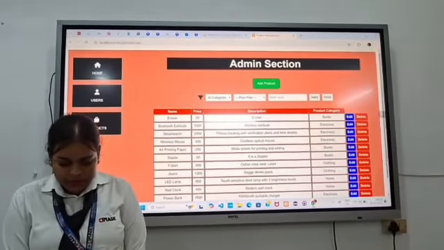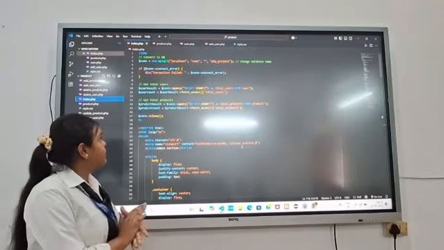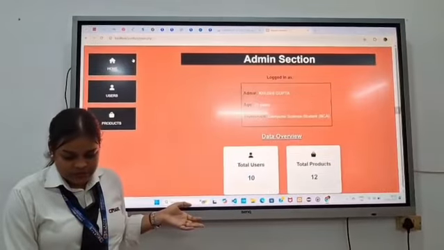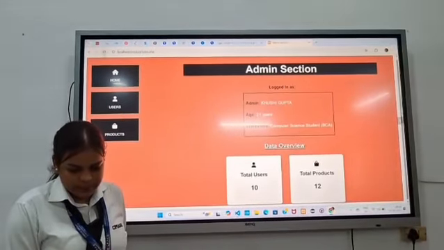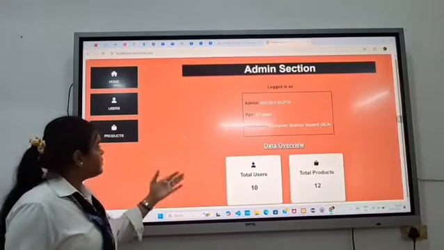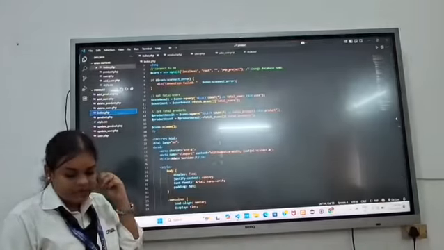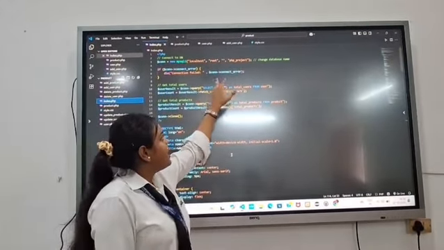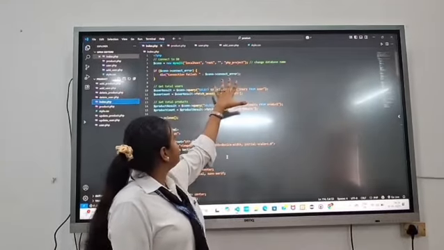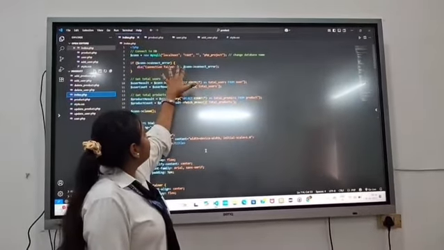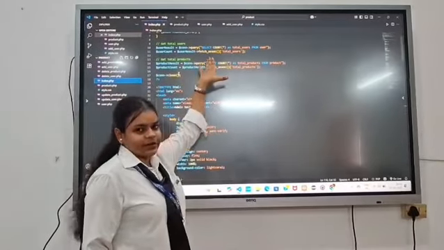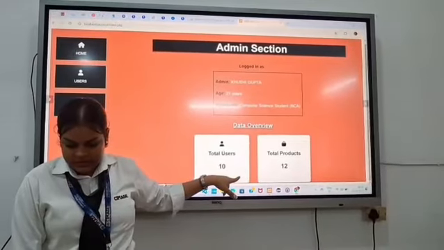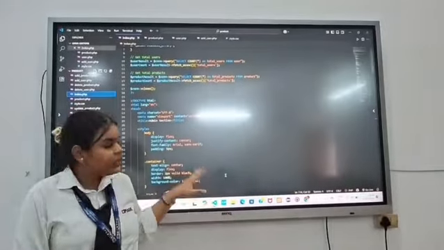Now coming to the fourth part of the project. So this is index.php, which was our home section. On the basis of this, we have the index.php. In the top line, we have made a connection to the database, and our database name is PHP project. The username is root, and then we apply the select query for the bootstrap slider which was shown here, total users and total products. It is fetching the count of all the products and all the users.